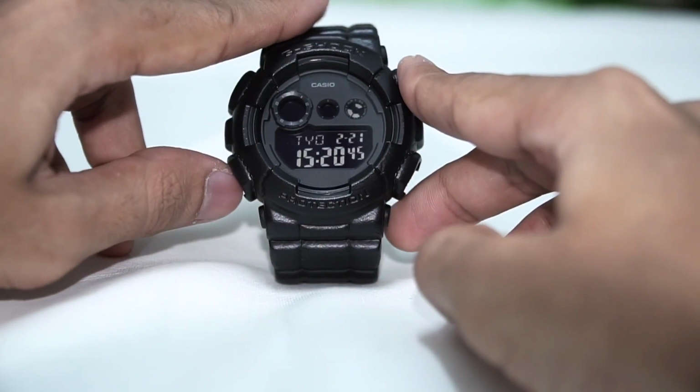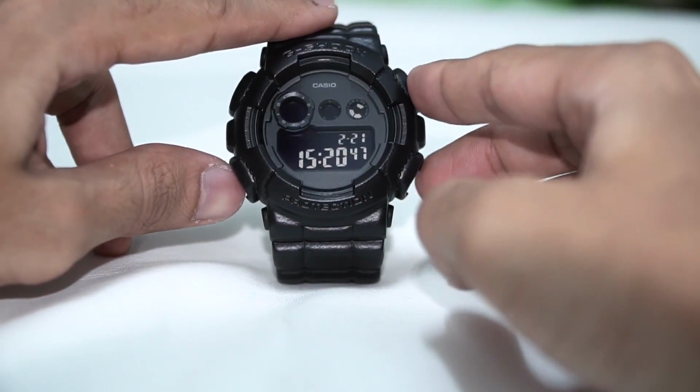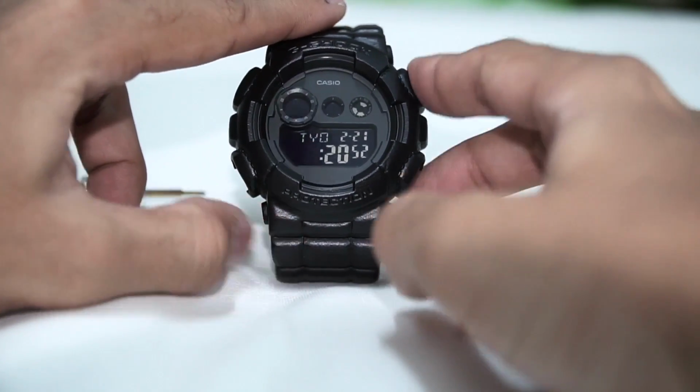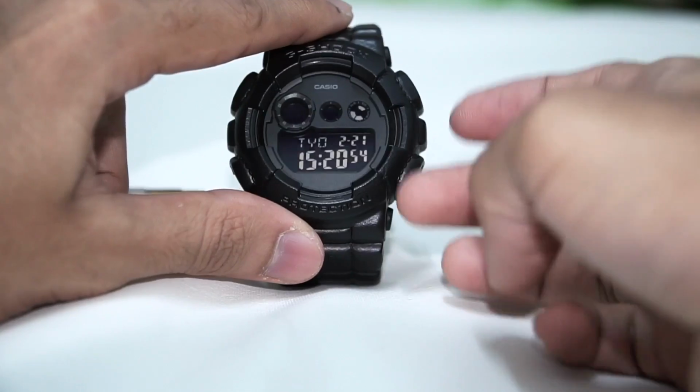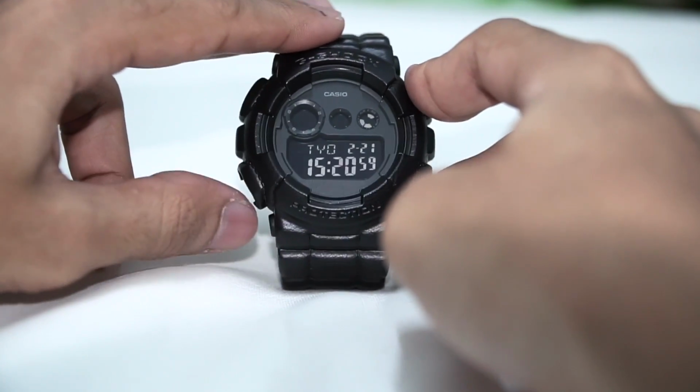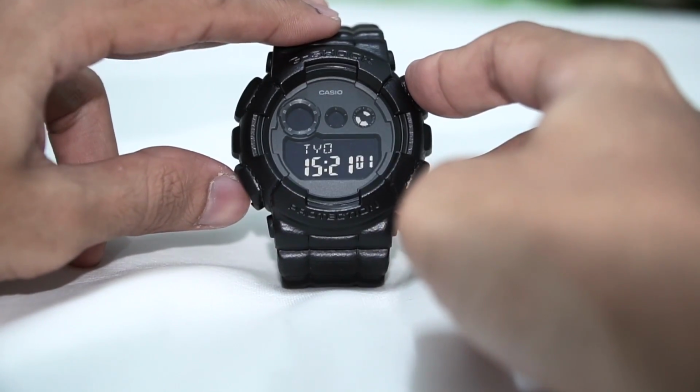Tokyo time. And to set the hours and the minutes for Tokyo time, you need to just press mode, and now we'll enter this part over here, 1520. In my case, it's already accurate now. You could add an hour or minus an hour if you want to do so. So that's that. Press mode again, we'll go to the minutes setting, and then press mode again, we'll go to